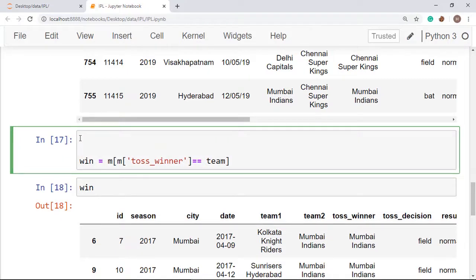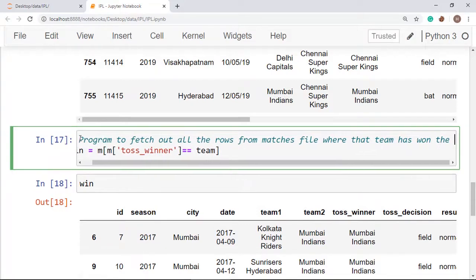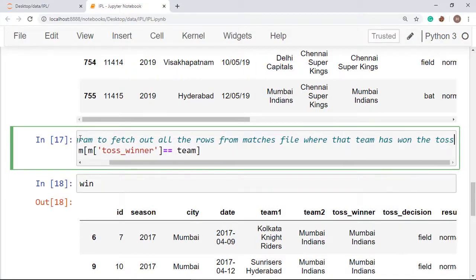So this one is a program to fetch out all the rows from the matches file where that team has won the toss. Okay, this one is our motto.